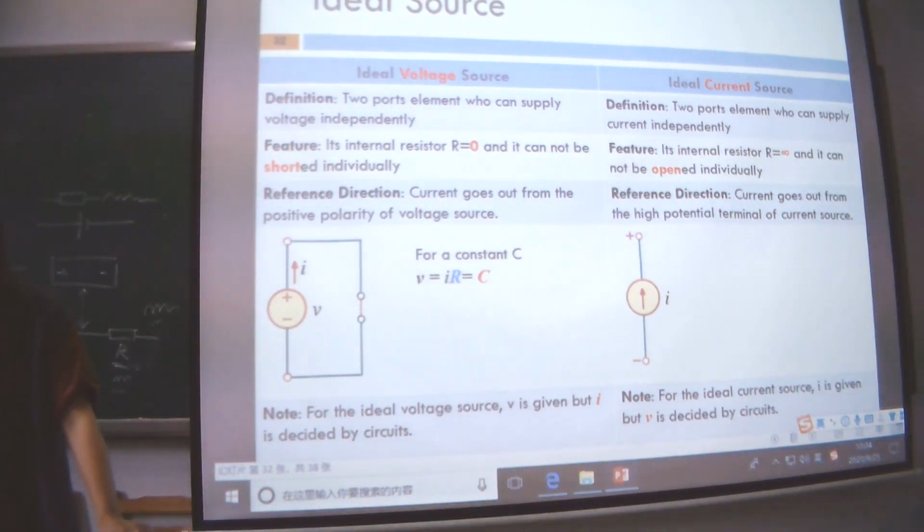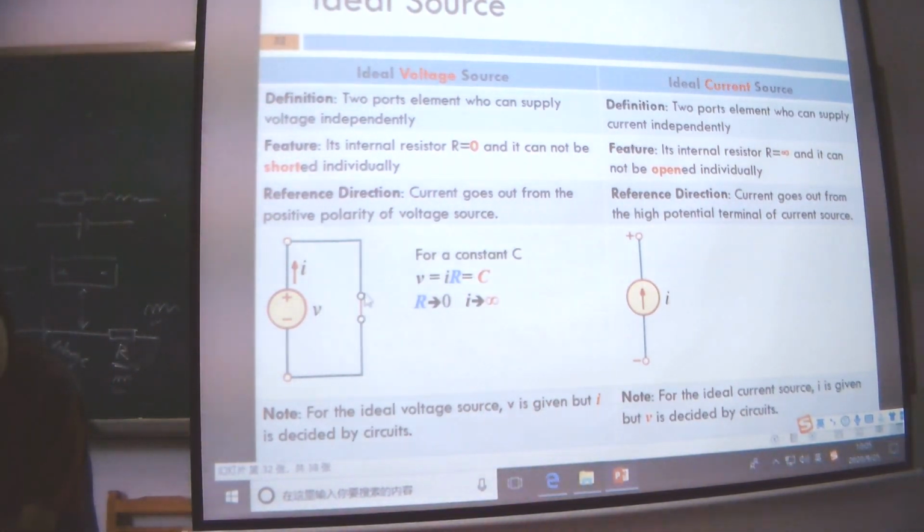And here, you can see this one is a voltage source, and for a constant, we have V equal to I R, okay? If V is a constant,